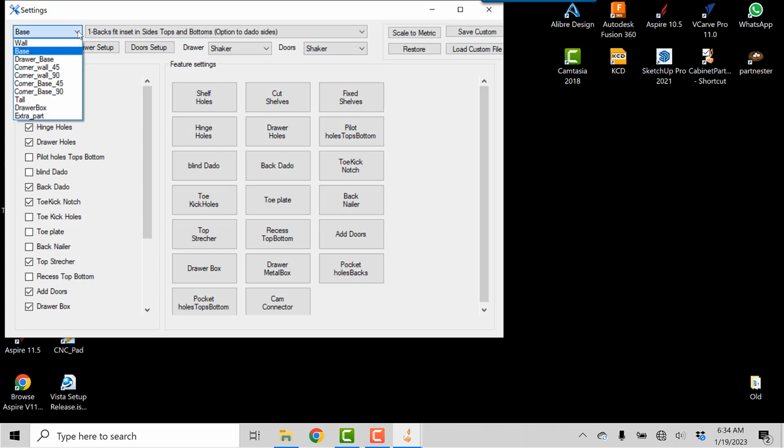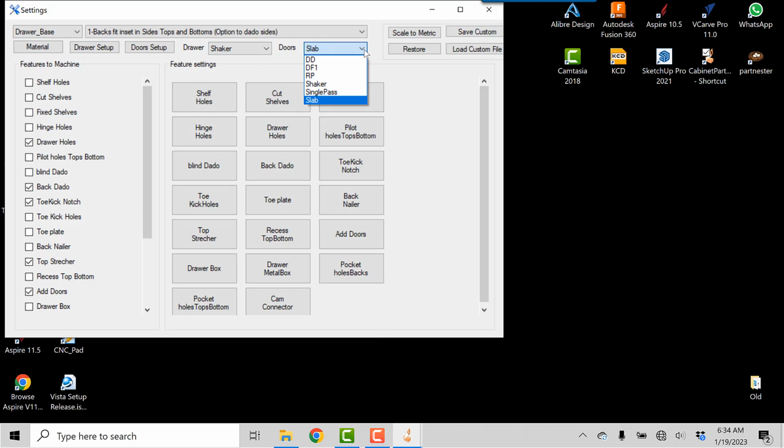Once that is set, use the drop down box and select drawer base, and ensure the same thing. Add doors is checked, and this is add doors and drawers. Coming back up, we are going to use the shaker style for the drawer and the slab for the doors. This setting here really doesn't matter since it is a drawer base and we are not going to have any doors applied to it. Closing the settings